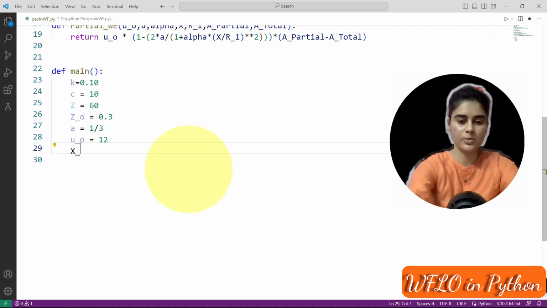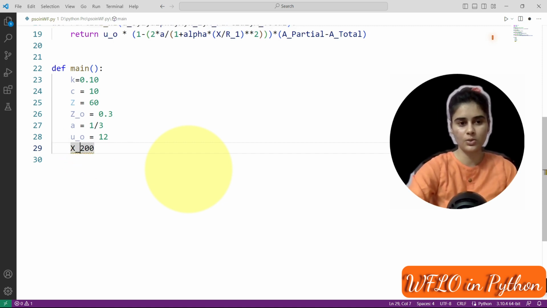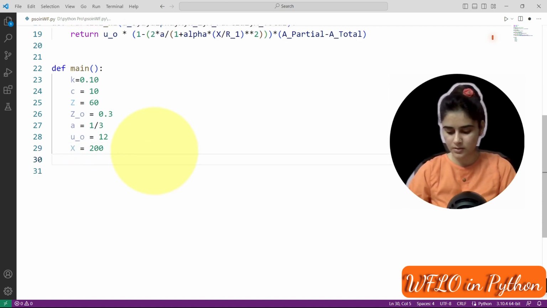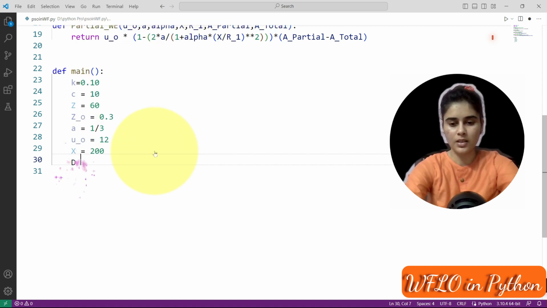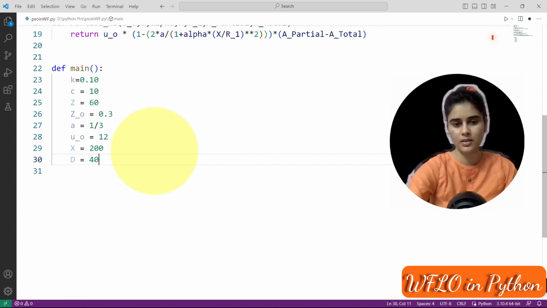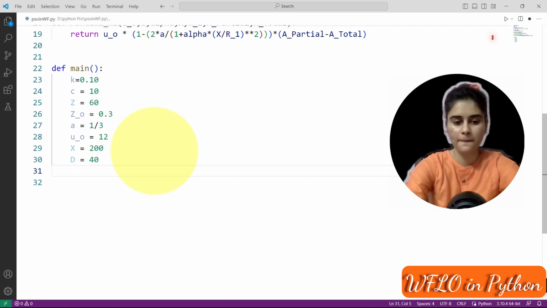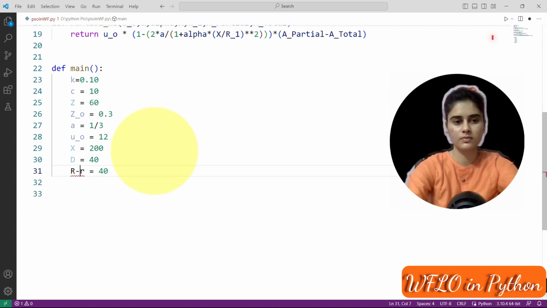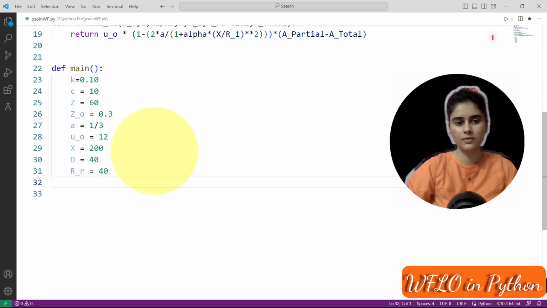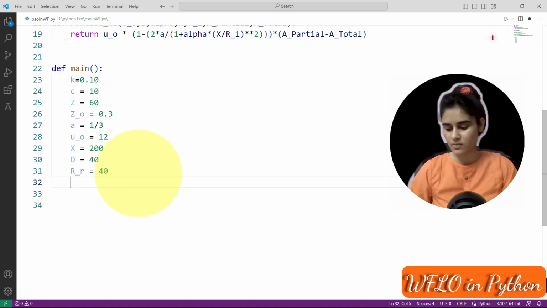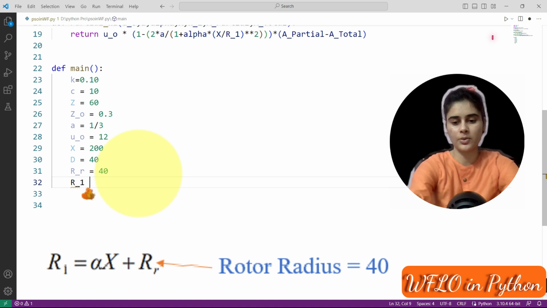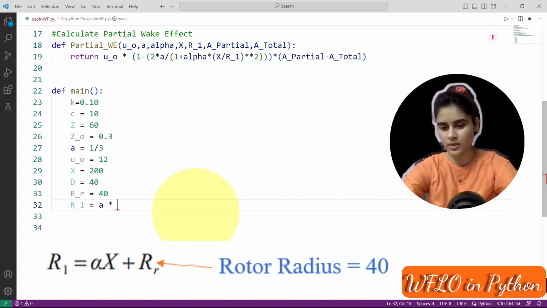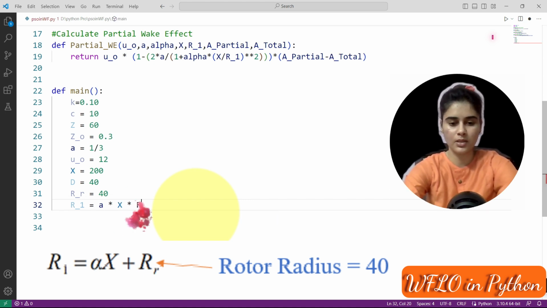Next, suppose the distance between two wind turbines is 200, and we use d, that we will use later. Rotor radius we have 40. The value for r1 that we used here, you can see r1 is a into x into r.